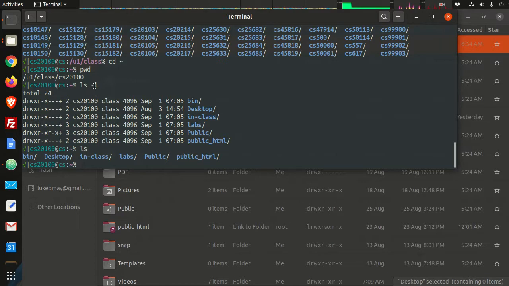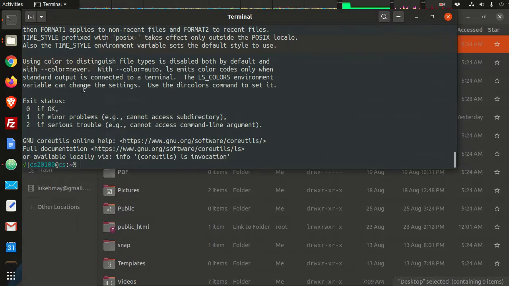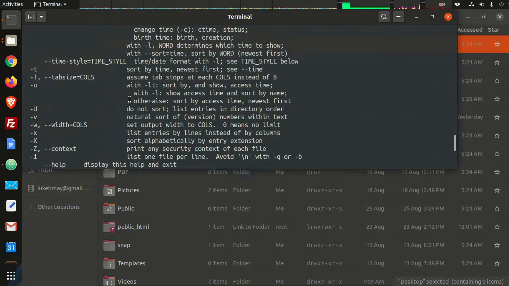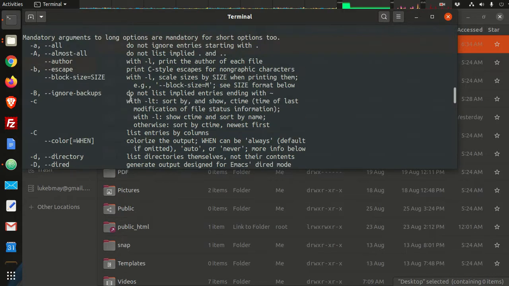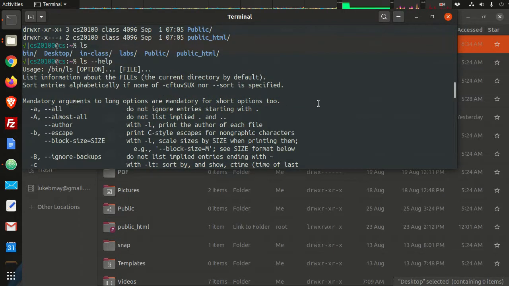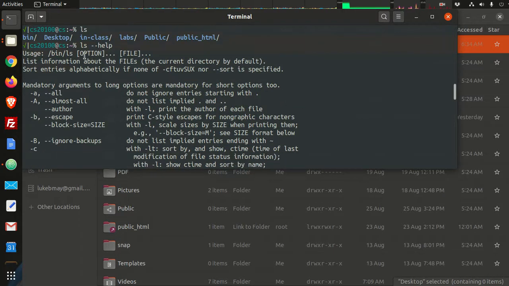So what kind of options do we have in a command? Well, we can find out a couple of different ways. If you ever have a command, a common thing you might try is --help. If I wanted to know about the ls command, ls --help gives you information about the ls command. It's quite a lot of information, so don't get overwhelmed by terminal output. Just take your time, find where you executed the command, and then go through and read all the